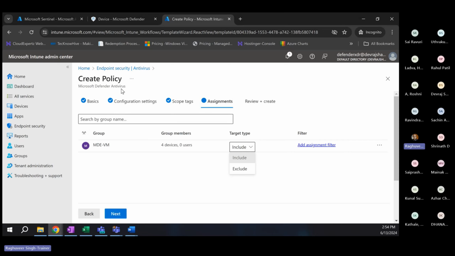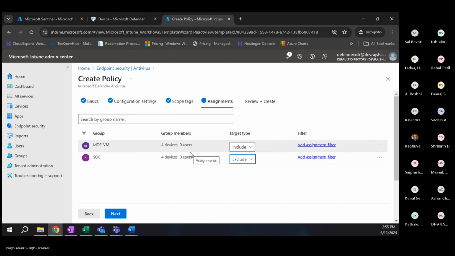Now you can also exclude some groups from these policies. For example, this group should be included, but I also have another group, which is my SOC group. So I can select that SOC group and say, please exclude this group. All the devices which are part of this group will be excluded from this policy, and all the devices which are part of the MDE group will be included in this policy. I have 4 devices in each group. So that's the concept of excluding a specific endpoint or a set of endpoints from an antivirus policy,